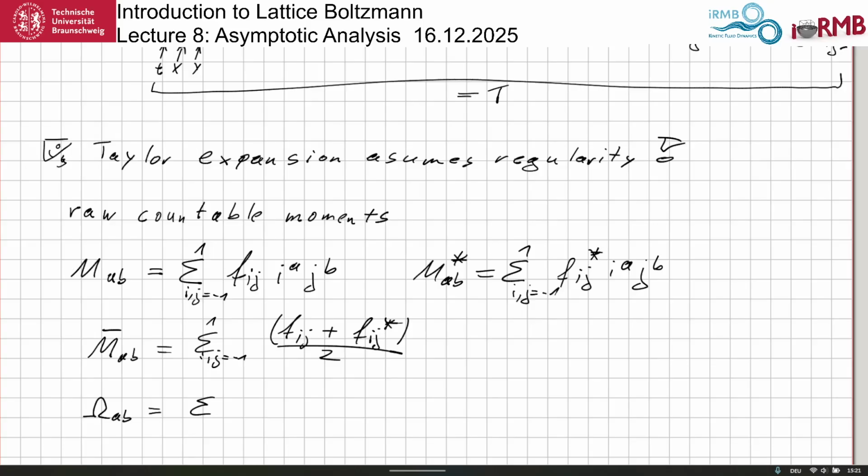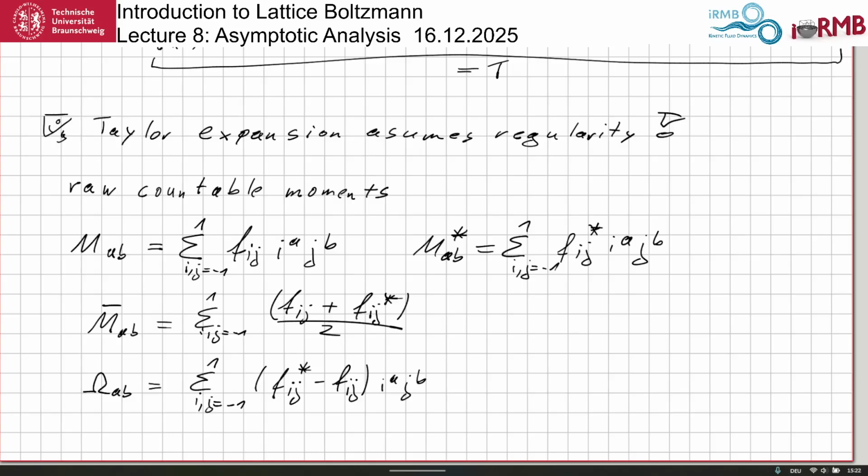This is what in the Boltzmann equation is the collision operator, because this is the difference between the post-collision and the pre-collision. So it's the change due to collision, but for a moment, not for the distributions. Again we have i to the power of a and j to the power of b. So this is the moment of the change during collision. These things are the variables that we are going to use in